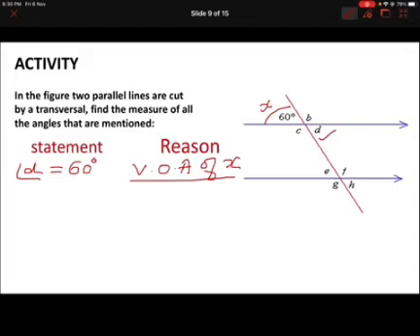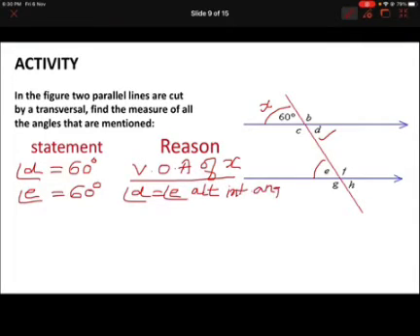Okay. Now, I want to give different reasons. So now I'm going to find angle E. So I'll write angle E equals 60 degrees. Two reasons I can give, children. I can write because angle D is equal to angle E. How do I know that? We know because they are alternate interior angles. That's why they are equal. That's one reason I can give. One more reason you have. What is that? X.